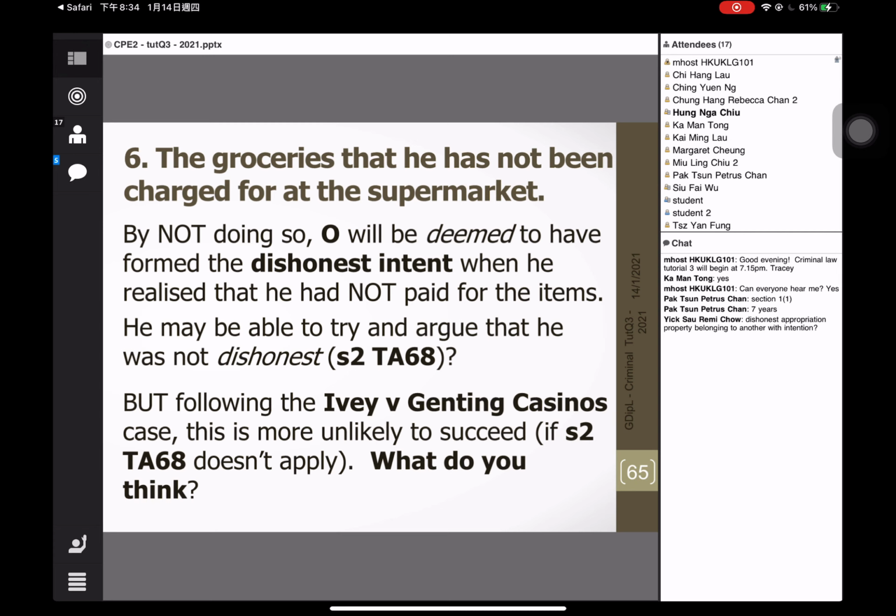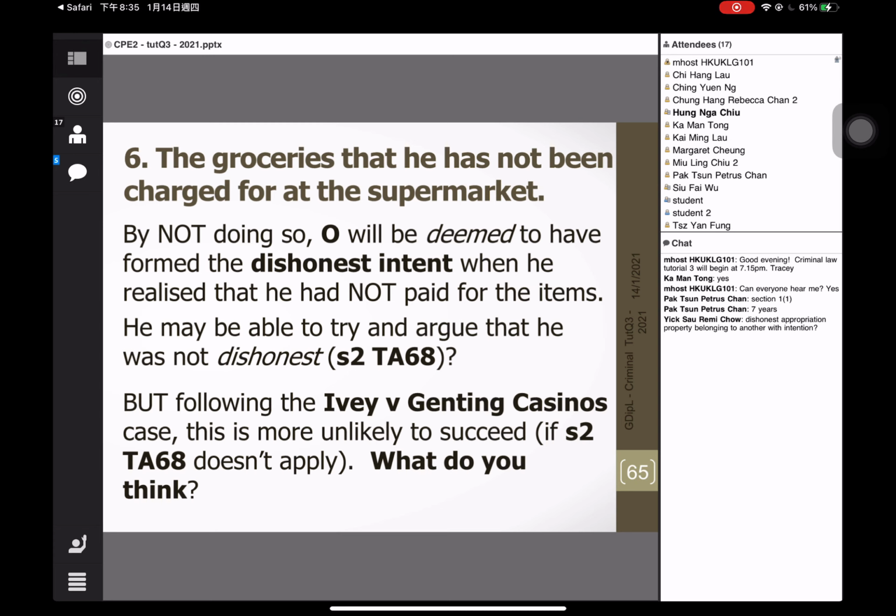So that's the sort of argument under Section 2, Section 2.1b. In the absence of a successful argument under 2.1b, and it's looking like Oliver realizes fairly immediately after this incident happens, then the default common law test is the Ivey and Genting Casinos test. Now, you have to put yourselves in the shoes of the jurors and say what you